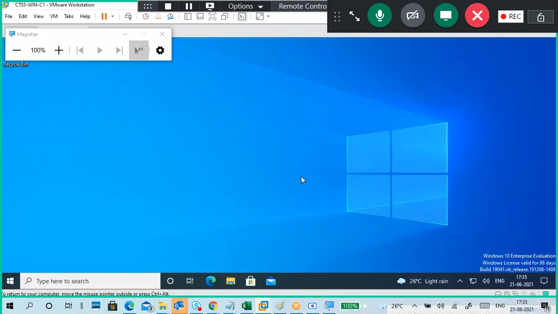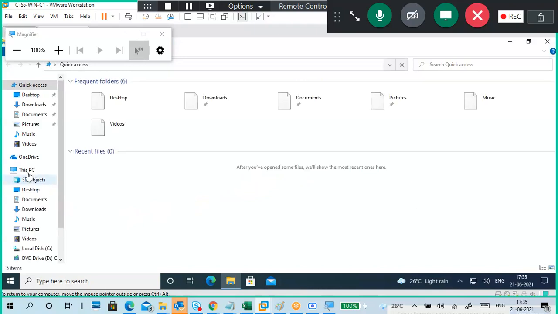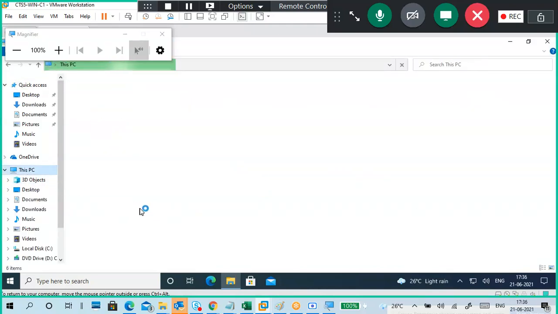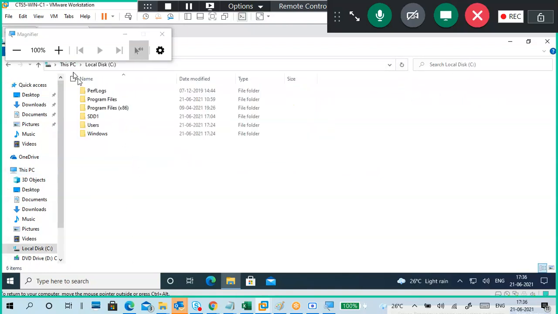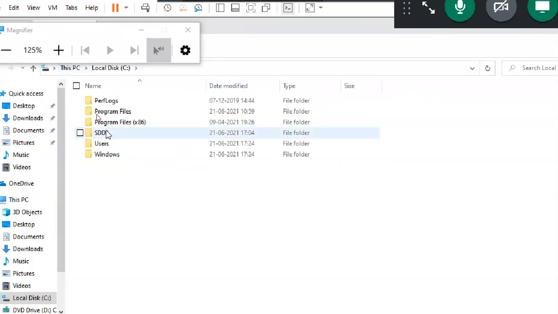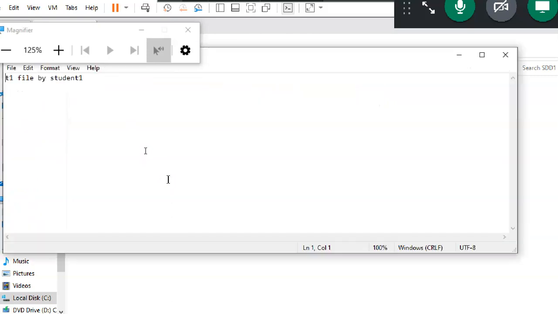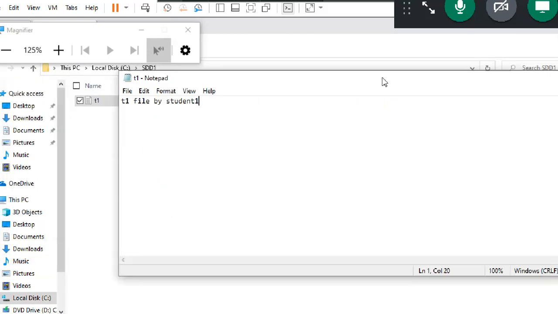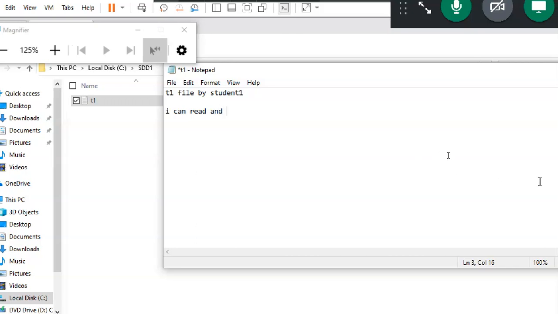One more thing is there now, C drive data. We forgot that one. We'll go to the C drive. In the C drive, I created a file, right? So I'm going to the C drive. I can open the student 1 file in the C drive. I can see the file content. If I want to change anything, I can change it. I can read and write.